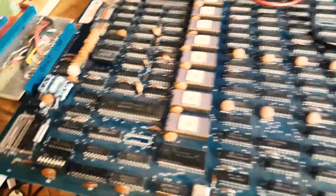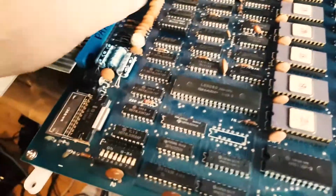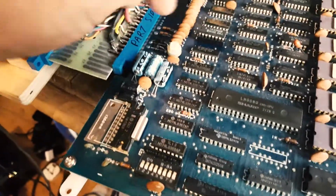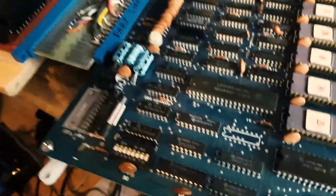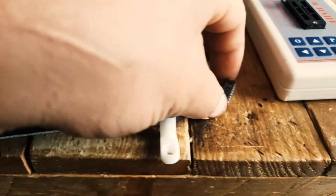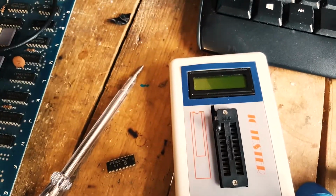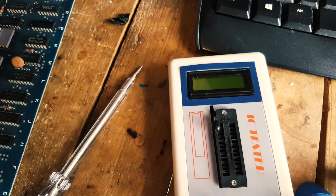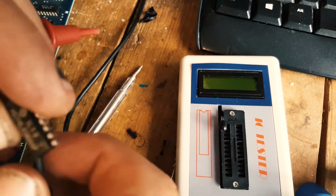Okay, so I've tracked down what the issue was here, and essentially what happened is when I removed the capacitor, I could see, I don't know why I tested it, but I did, that the two legs of the capacitor, or the two holes, after I'd taken out the capacitor, were still shorted. So I was like, obviously that's not right, and so I went and probed the chip. As you can see, I've pulled it out, and what I could see was that pin 11, and actually I'm gonna check here. I'm gonna show you. But the 2 pins were indeed shorted. I can't remember which they were. I think it's 12 and 9. So 9 is, in this case, or 8, sorry, and...